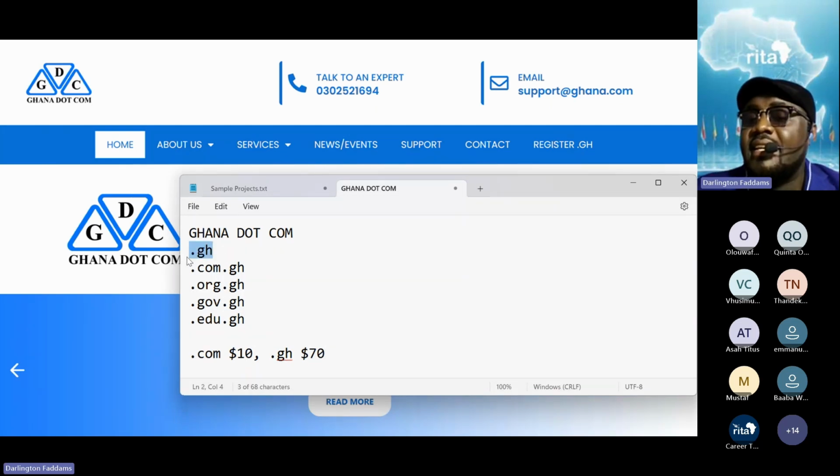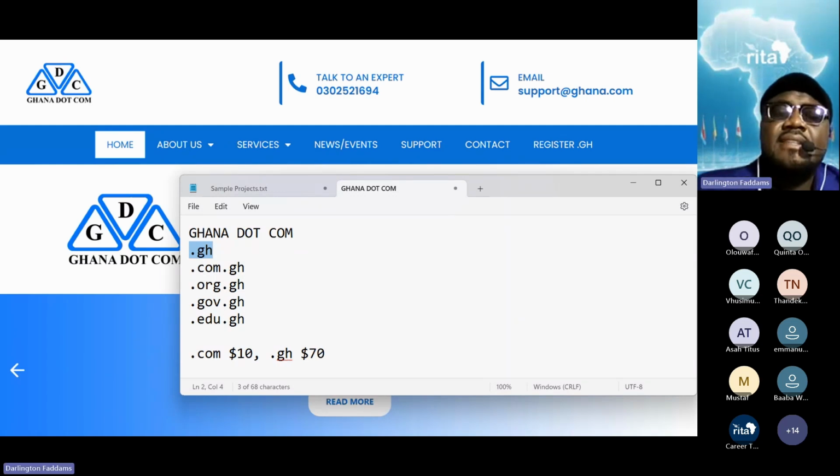This is the national level domain, and this national level domain .gh can only be acquired in Ghana. It cannot be acquired on GoDaddy, on domain.com, or on any registrar anywhere. A .gh domain means it's a Ghanaian domain and can only be acquired in Ghana.